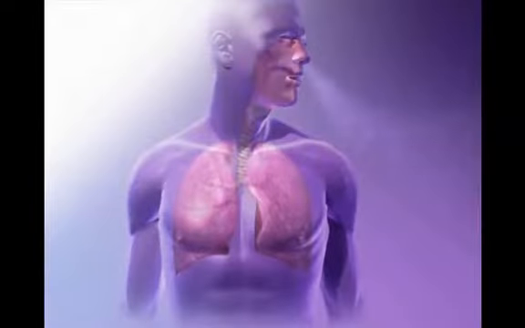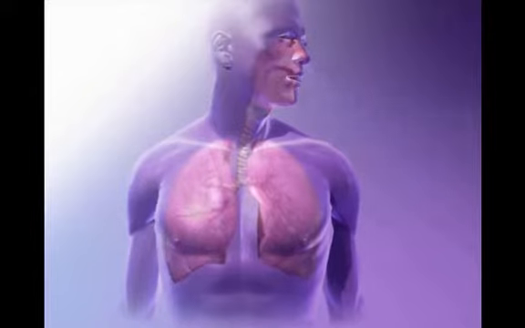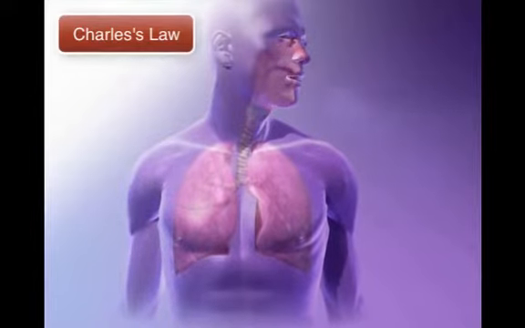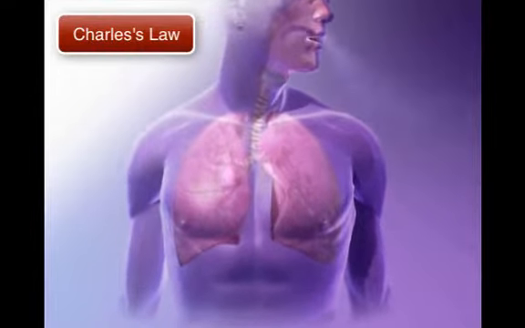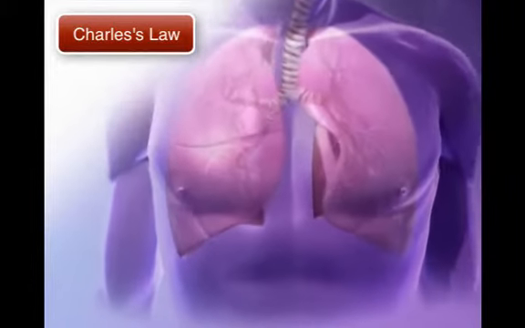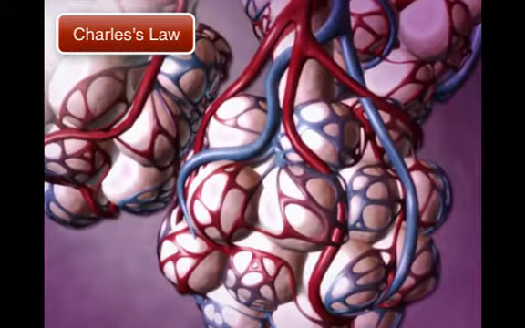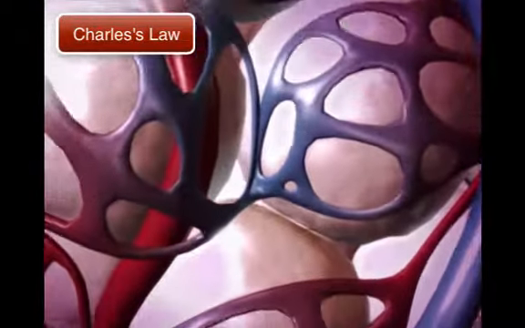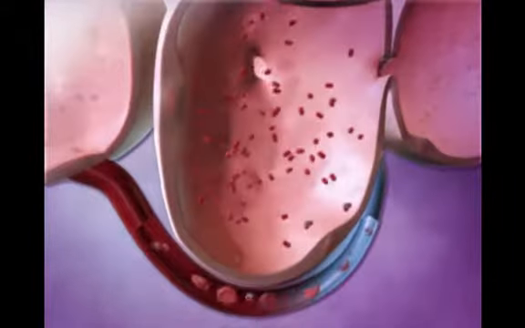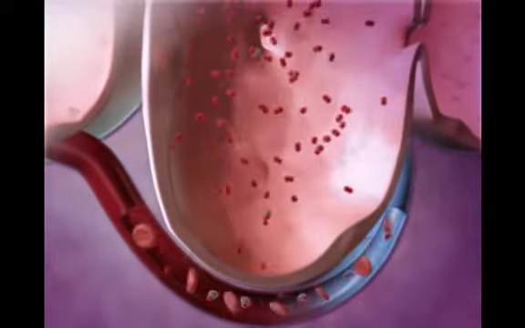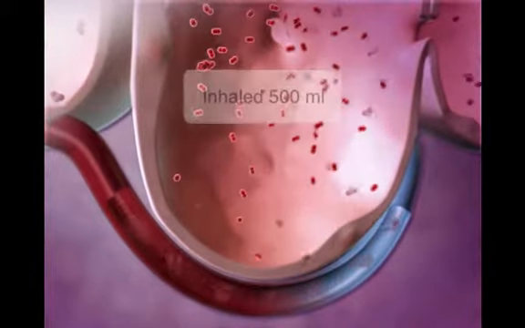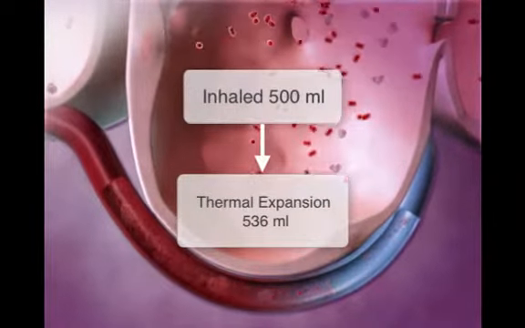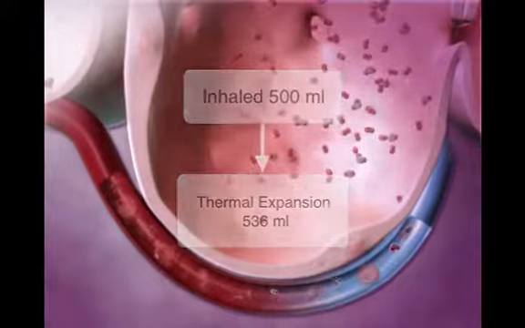Muscle contraction is not the only force that expands the lungs. Another is the warming of inhaled air. Charles's law states that the volume of a given quantity of gas is directly proportional to its absolute temperature. Inhaled air is warmed to 37 degrees by the time it reaches the alveoli. This means that on a cool day, when the outdoor temperature is approximately 16 degrees, the air temperature will increase by 21 degrees during inspiration. An inhaled volume of 500 milliliters will expand to 536 milliliters, and this thermal expansion will contribute to the inflation